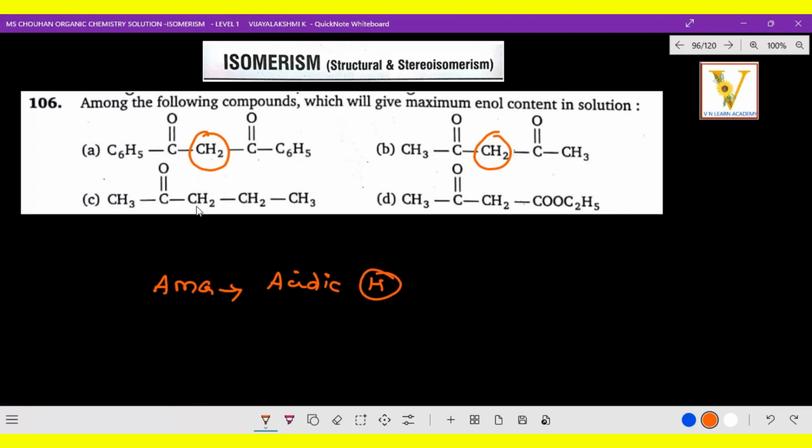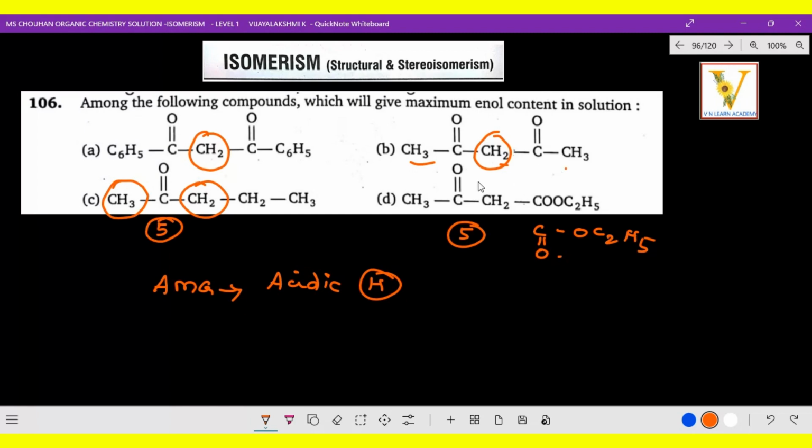And then compounds C and D. Here also C double bond O, C double bond O, OC2H5. So here also the same carbon. We have to identify how many carbons are there: one, and this side one. So how many alpha hydrogens do we have to note down? Here only 5 alpha hydrogens are available. So here also 5 alpha hydrogens, and the resonating structure takes place. Here also the same 5 alpha hydrogens are there. The same way this side also.